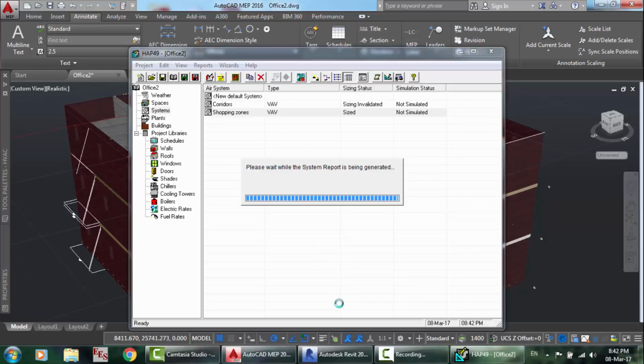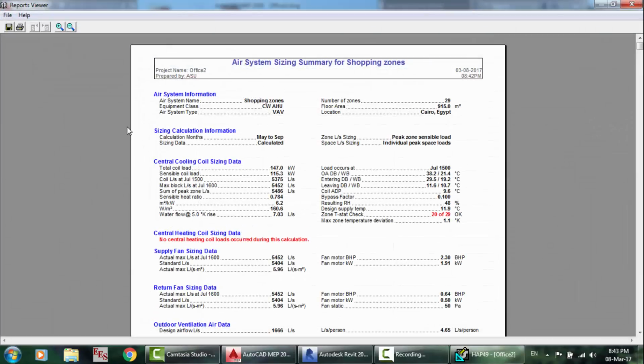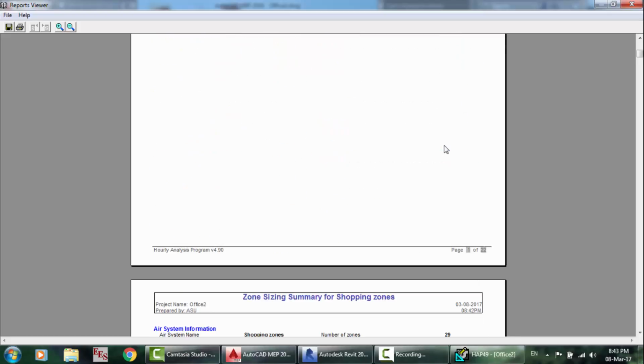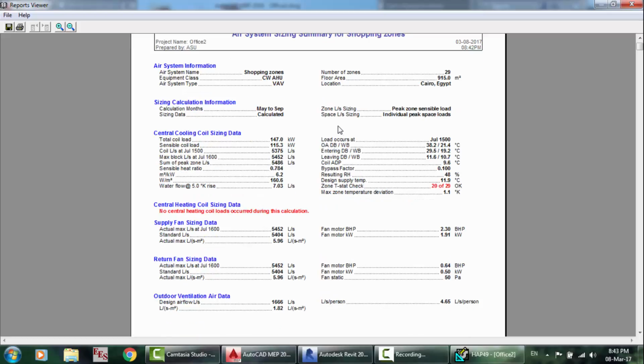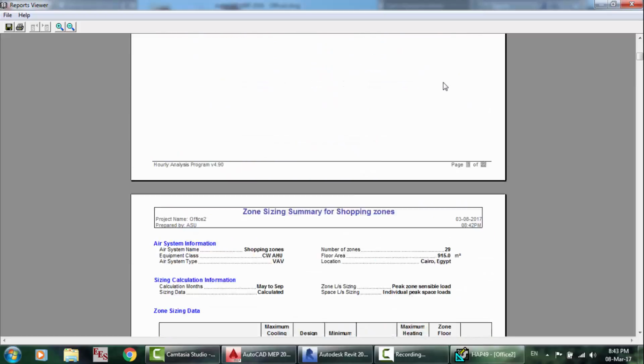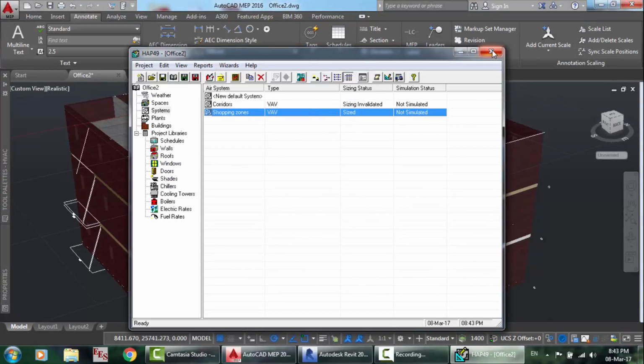It is a very useful tool like AutoCAD MEP, but Revit has many other options. And here is the report, and here is the total coil load for this building, and here the floor area, and the other information. Okay,